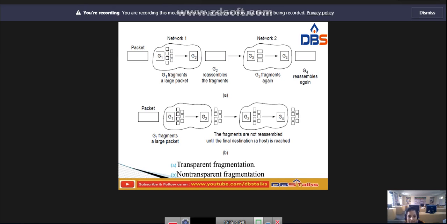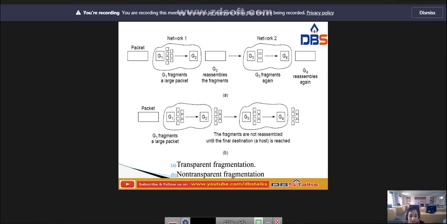So when the data is received at G2, all the data will be recombined and become one large-size packet. In this way, the passage through the small-packet network is made transparent. So subsequent networks are not even aware that fragmentation has occurred, as shown in this diagram. Here, this is the first network. What is meant by non-transparent